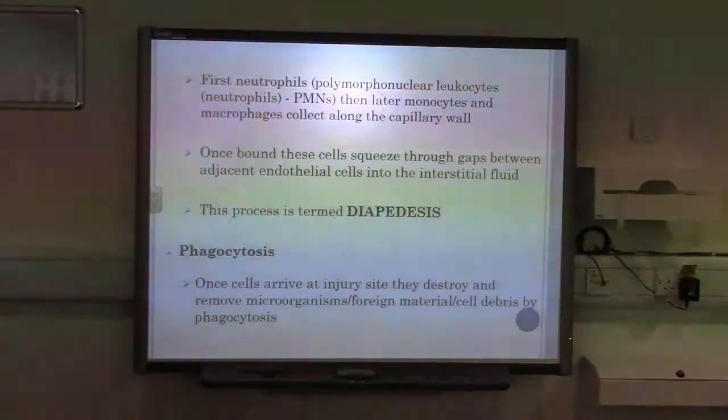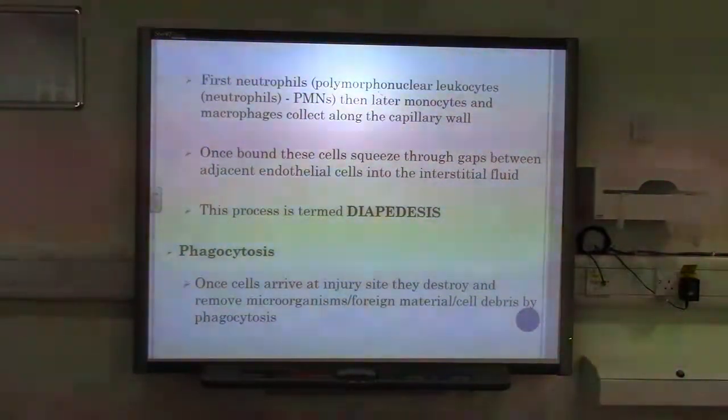So first we have our neutrophils, our PMNs, then later the monocytes and the macrophages, and these all collect along the capillary wall. Once bound to the capillary wall, these cells can then squeeze through the gaps between the adjacent endothelial cells into the interstitial fluid. And this process, as I've said in the previous slide, is diapedesis, and allows the removal of those foreign